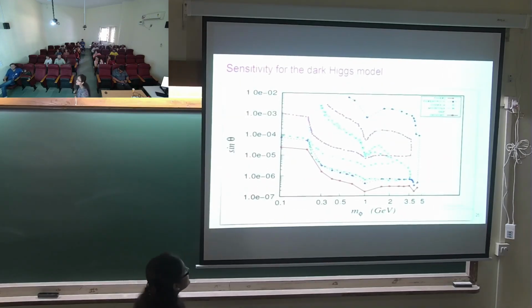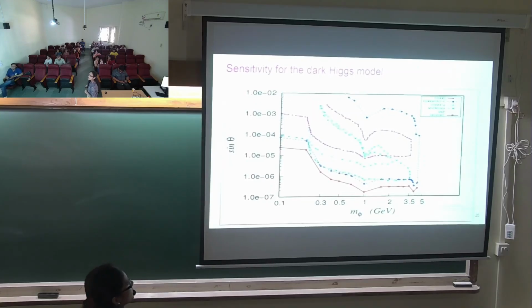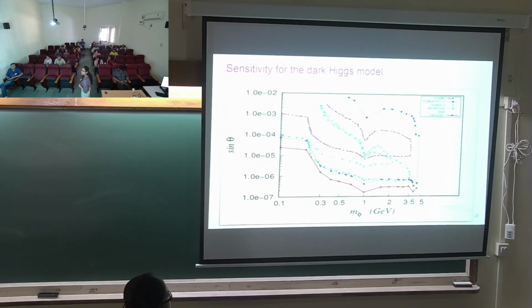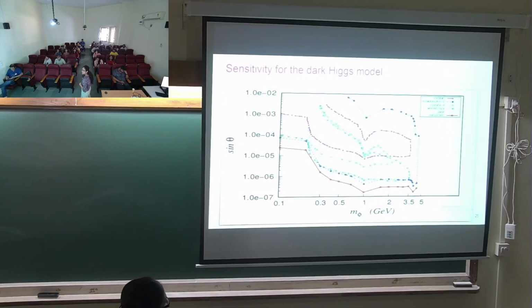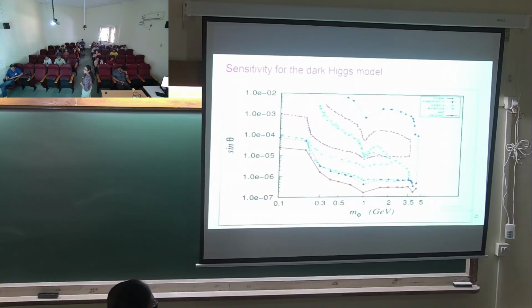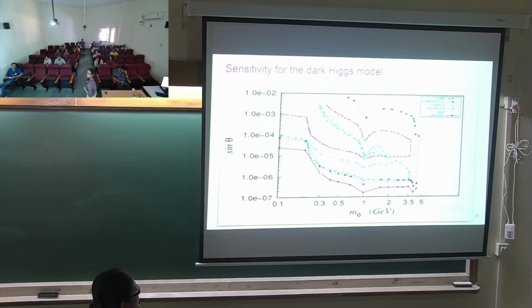Now this is the sensitivity for the dark Higgs model. The magenta line is the FASER 2 projected sensitivity, the yellowish line is for SHiP, the light blue is for CODEX-b, the green is for Mathusla, the deep blue line is for our proposed detector Forehand C, and the red line is for